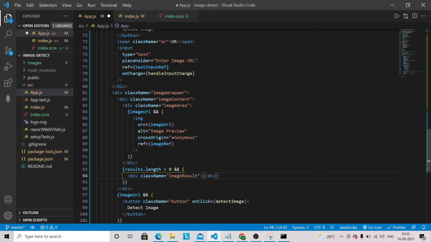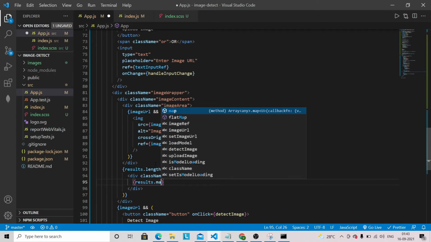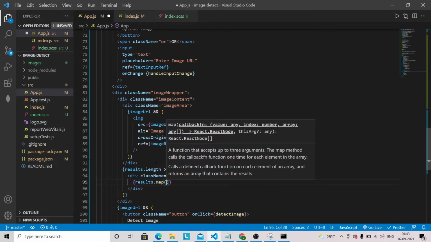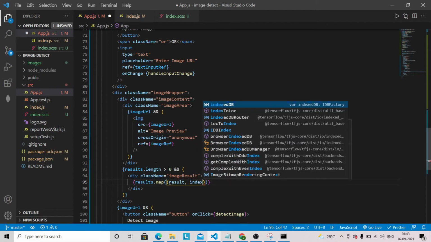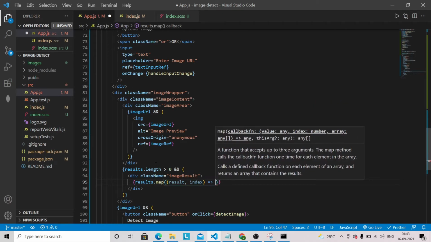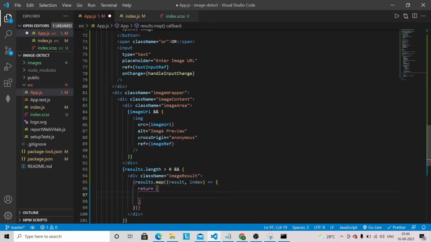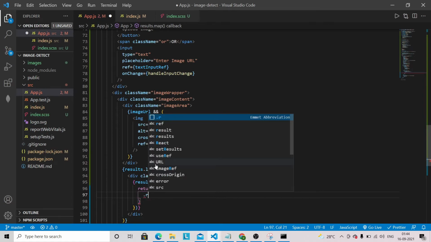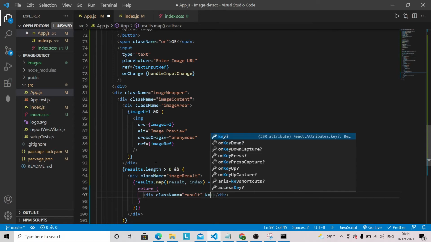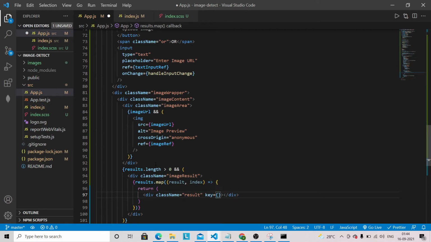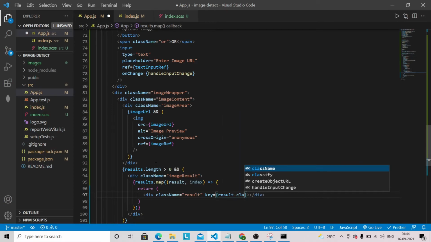Inside that we are going to have results.map, with result and index, and let's use return, and we are going to have another className with result, and let's keep the key here. The key will be result.className.